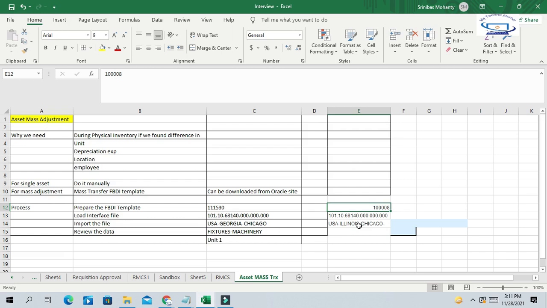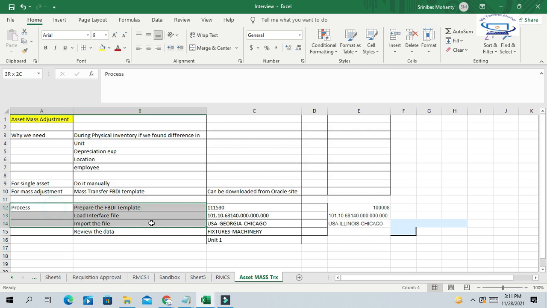So how can we do this? Similarly, if any asset assigned to employee A should actually be assigned to employee B, you can do that correction too. If there are only a few assets, one or two, you can do this manually from the asset mass adjustment workbench.